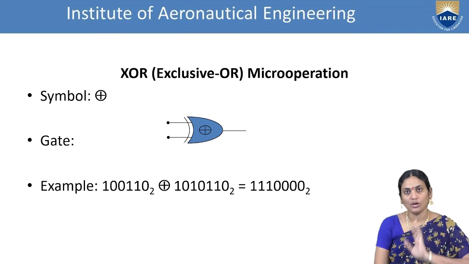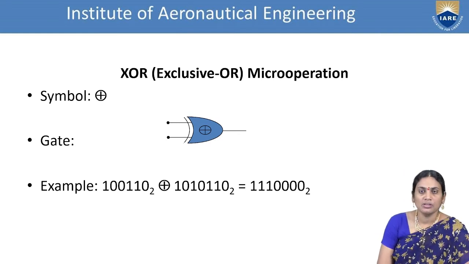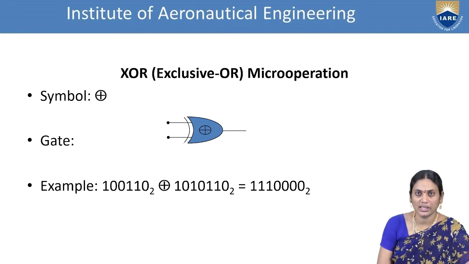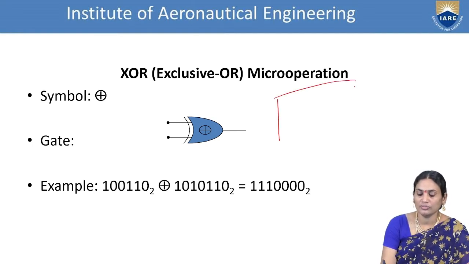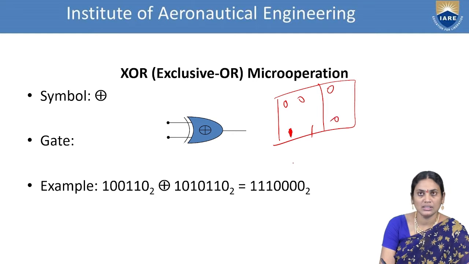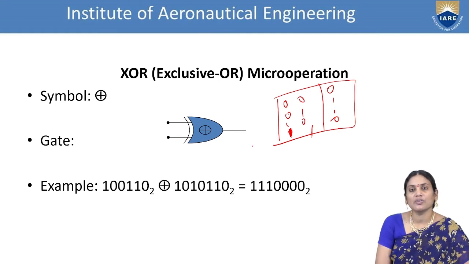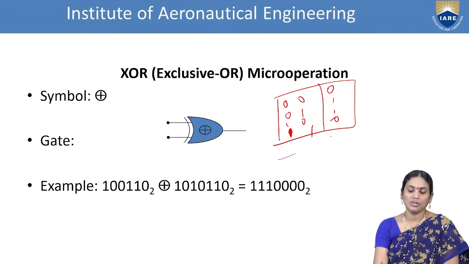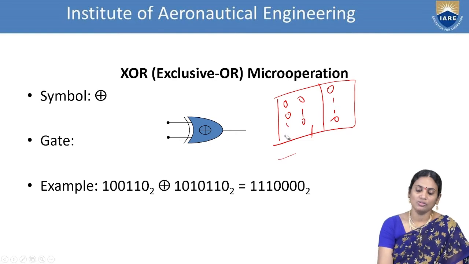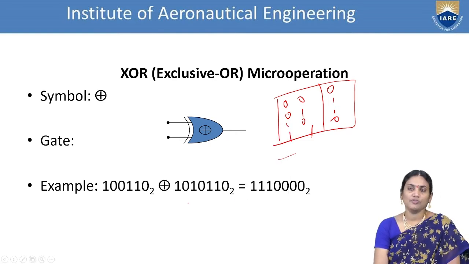Next one is exclusive OR micro operation, which is the last basic logic gate. Exclusive OR micro operation is a case where you are focusing on corresponding ones and corresponding zeros. If these two cases are there, then the output will be 0. If any one is available in the input, then only we will have the output as 1. So these are the cases of exclusive OR gate. Based on this truth table, we have the following operation. So here is the example of the following operation.